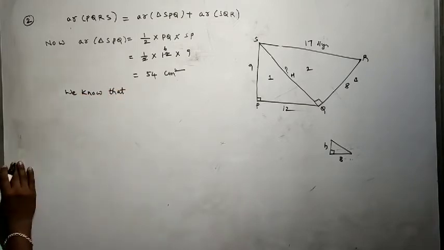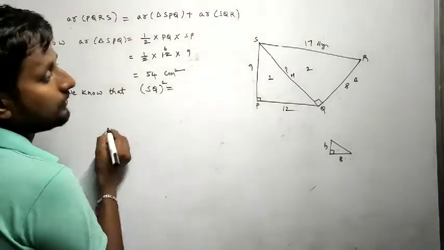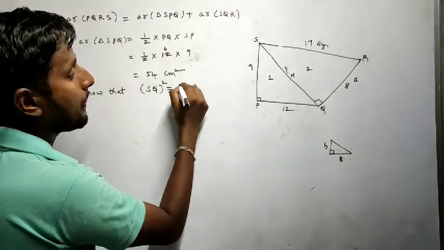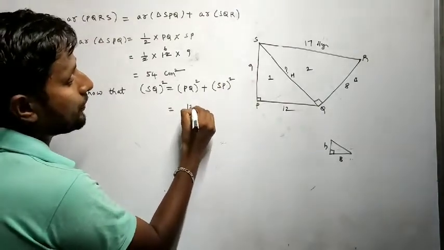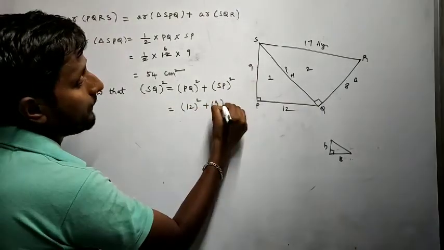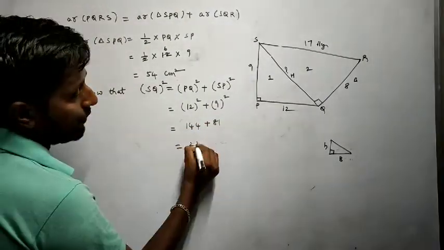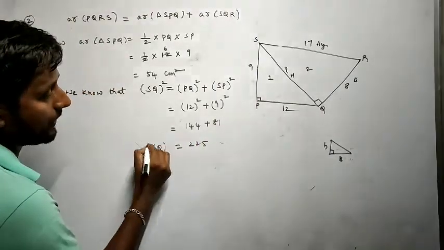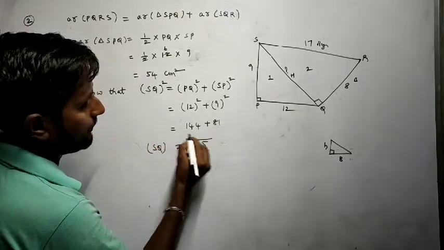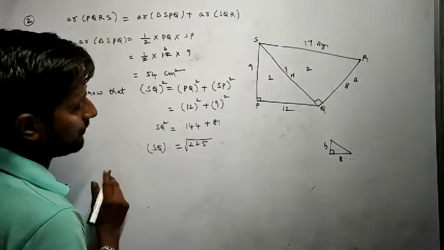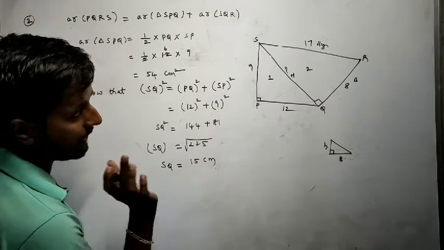that from Pythagoras theorem, hypotenuse square SQ square is equal to base square PQ square plus SP square. So now I'll write 12 square plus 9 square, right? So 144 plus 81, answer 225. This is SQ whole square. If you remove the square, we'll get the square root. So SQ is equal to 15 centimeters, correct? Right. So now